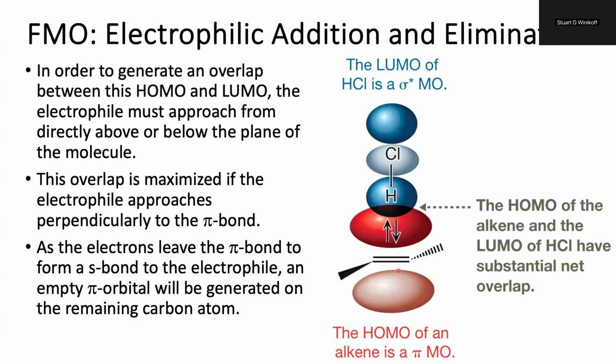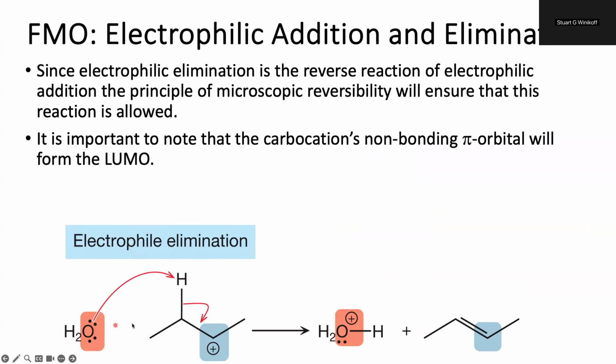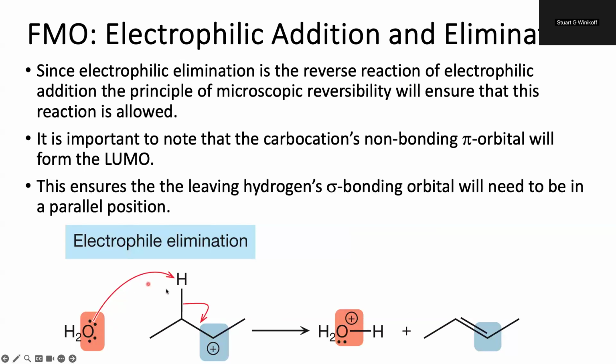And again, if this is how things work for electrophilic addition, electrophilic elimination should also, according to the principle of reversibility, be allowed, as it's that same reaction, but in reverse. This time, we have a little bit more straightforward reaction. In this case, the carbocation's non-bonding p orbital is going to form the LUMO, and the highest occupied molecular orbital is often going to come from something like a base that will pull off a proton. So this is going to ensure that my leaving group, in this case a hydrogen, as it exits,